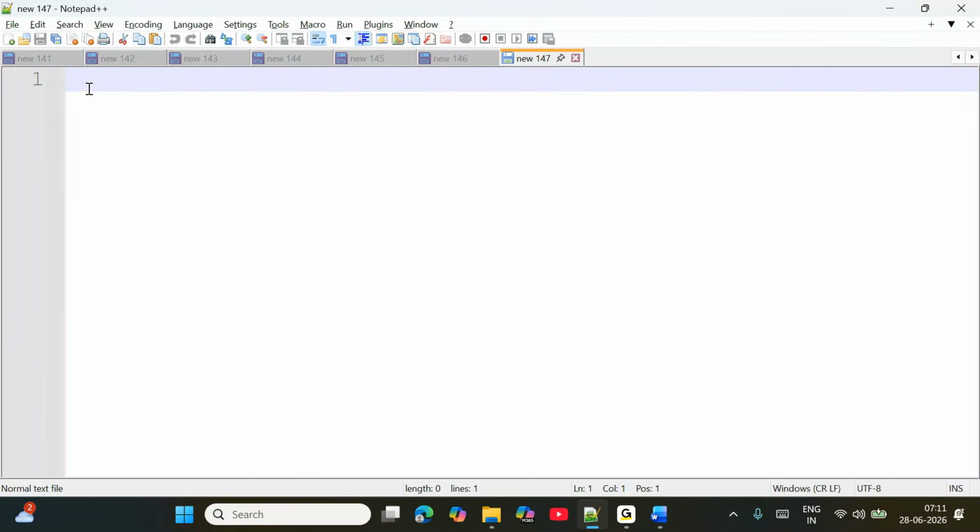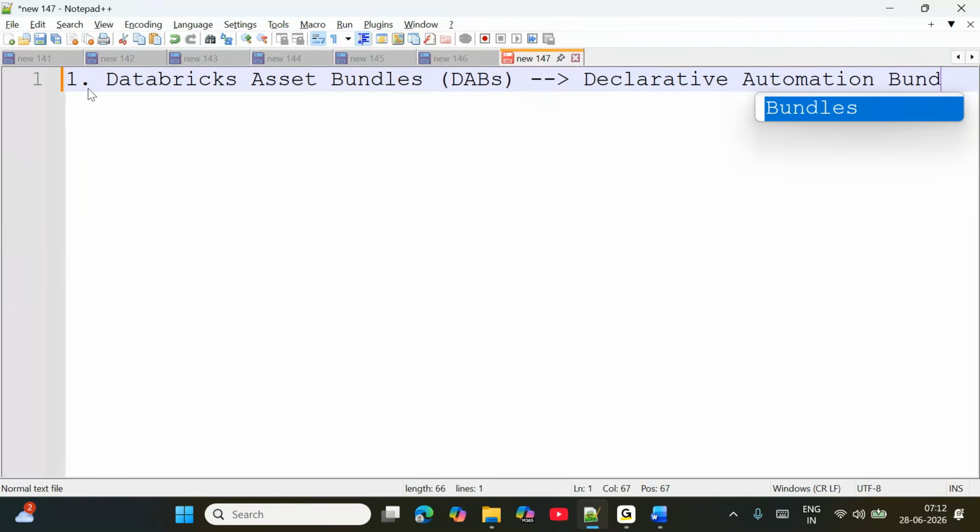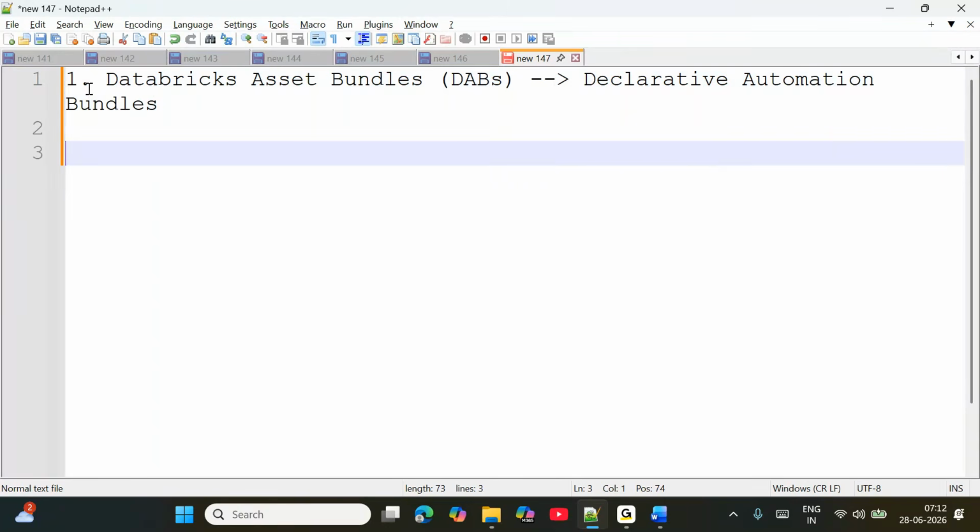Okay, so good morning, team. In today's session, we will talk about Databricks Asset Bundles, right? So these are short name is DABs. So remember, these DABs were recently renamed as Declarative Automation Bundles. Okay. So in order to understand what is DABs,